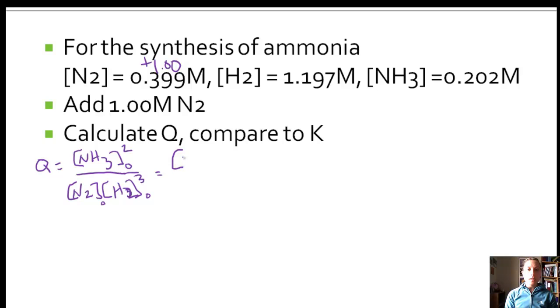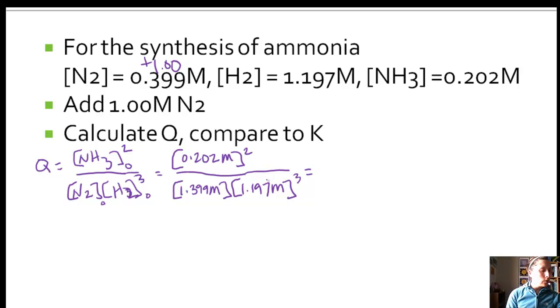So NH3 is 0.202 molar, N2 is now 1.399 molar, and H2 is 1.197, and that's cubed. If you calculate this value, you should get